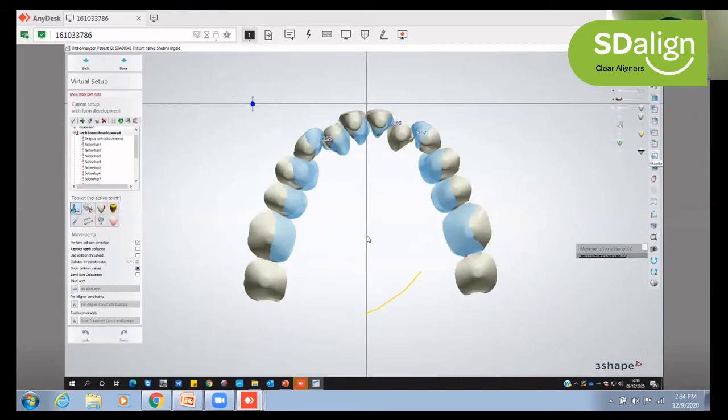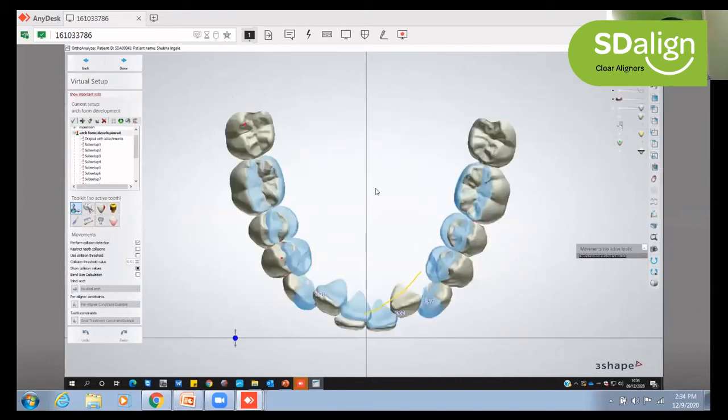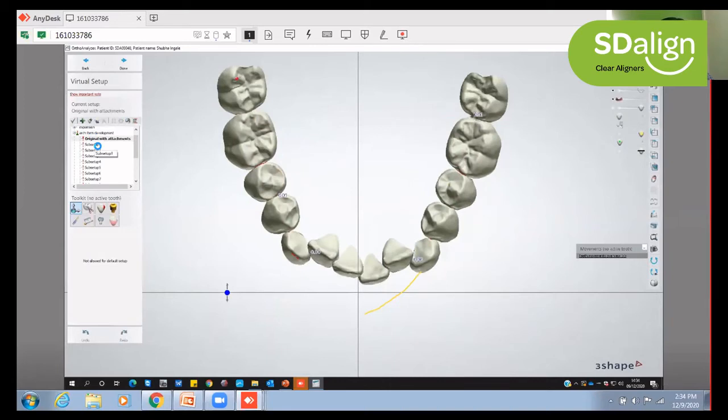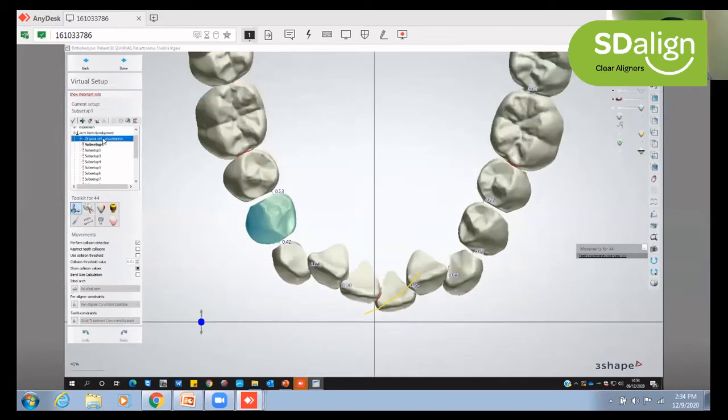With the lower arch, what we would see is the blue tab showing us the pre-treatment position. I'll minimize that for a second. Let's see where we did the IPR. As we had discussed, we have done IPR distal to the canine and distal to the premolar. If you zoom in, we have done it on stage 1, that is the 11th stage clinically, between the canine and the premolar and first and second premolar. Similarly on the left and the right quadrant.